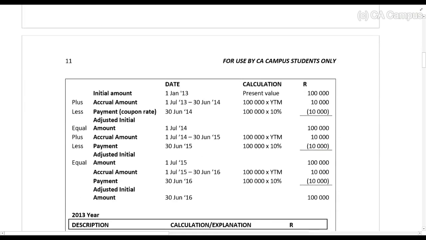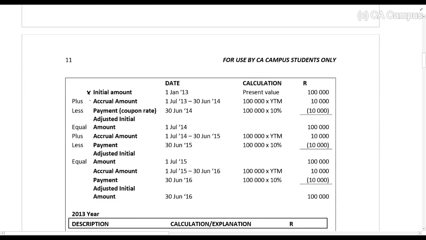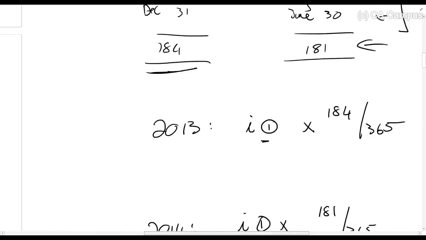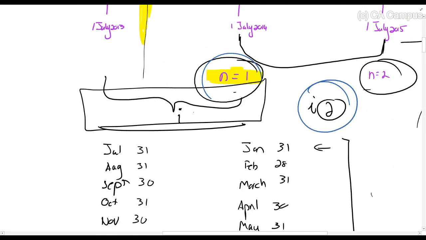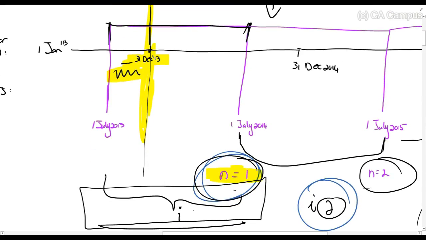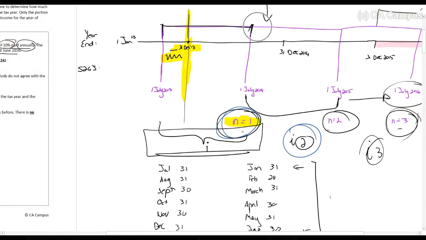So, we do our normal calculation. Initial amount, accrual, payment, adjusted initial amount. Right, so you see it's the same story. Now you need to just understand what this calculates. So, the first accrual amount is 10,000 rands. Now, what is that 10,000 rands? Where does that 10,000 rands go? That 10,000 rands is for period 1 in our timeline, and period 1 runs from